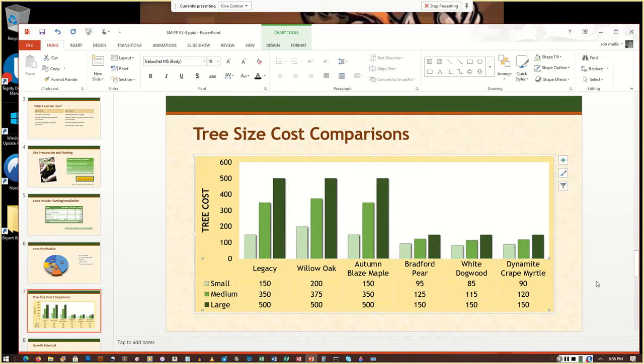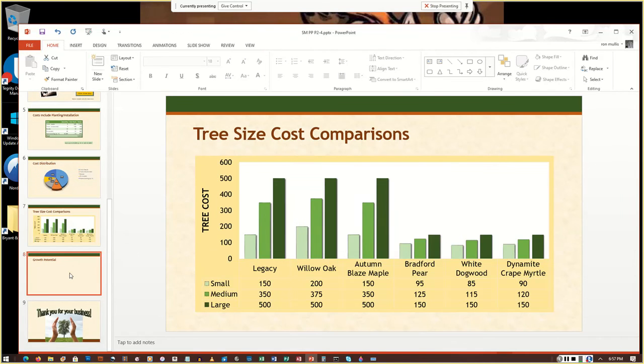That takes care of step 8. So I'm going to go ahead and do a Control S or save. All right. Create another clustered column chart. Select slide 8, which is labeled growth potential. So that's slide 8. We're on slide 7 right now, so I'm going to click slide 8